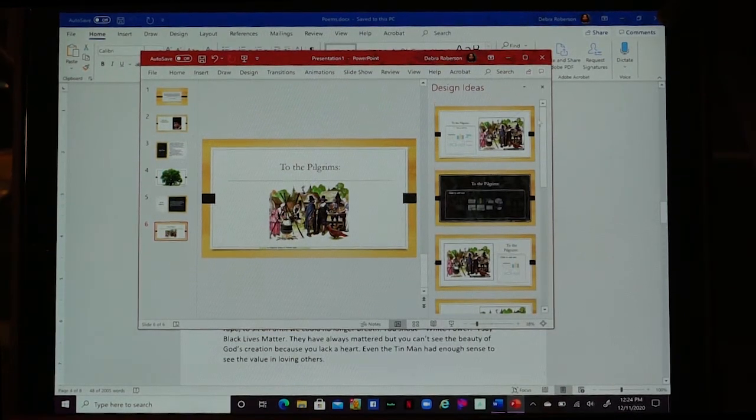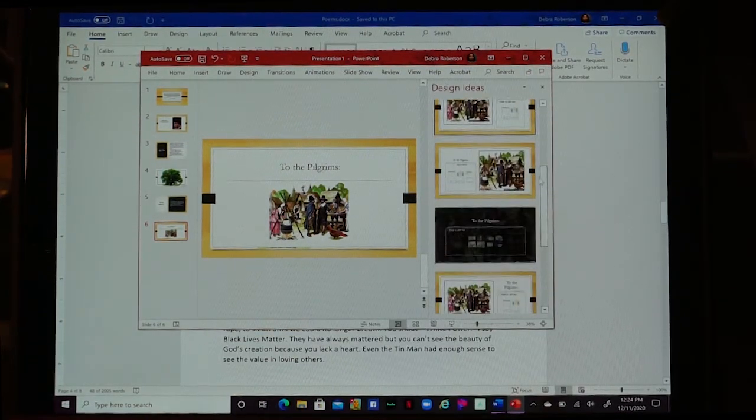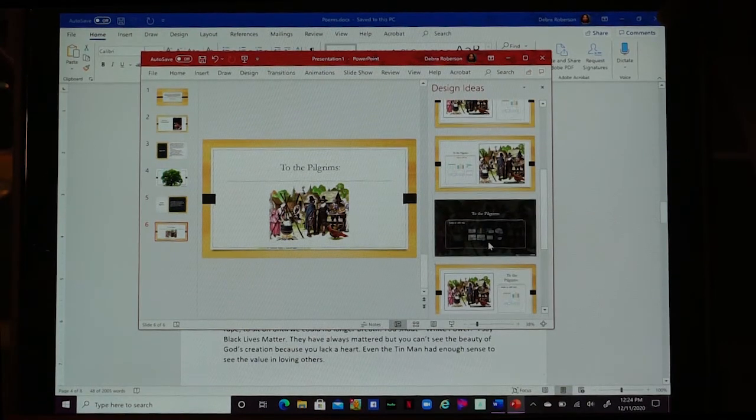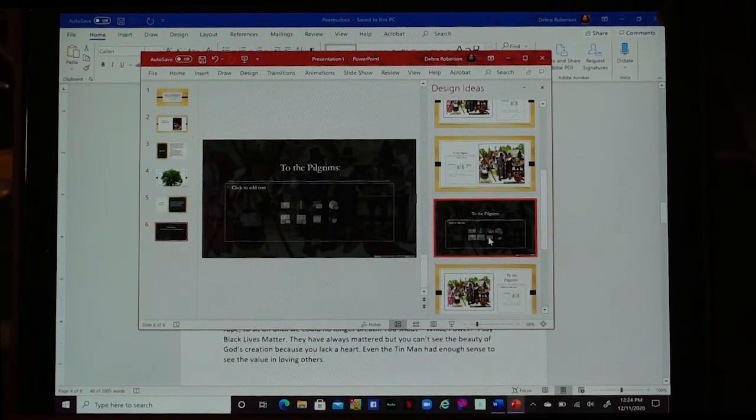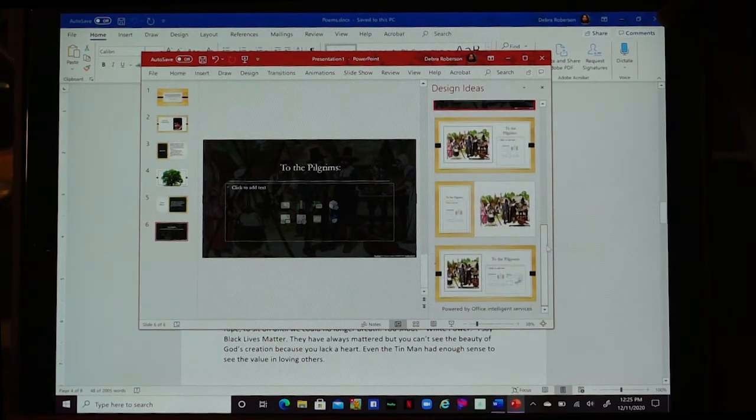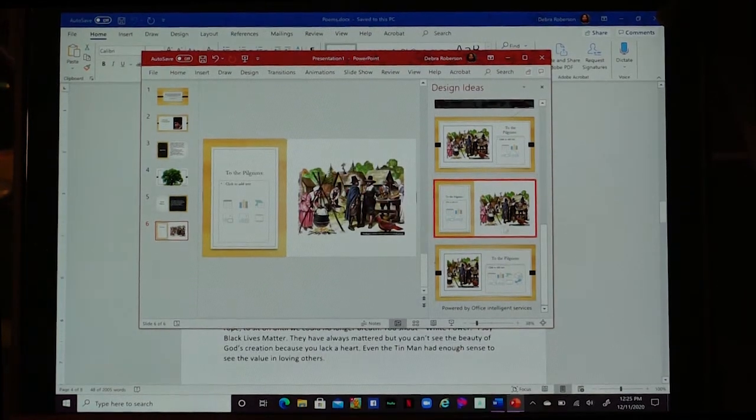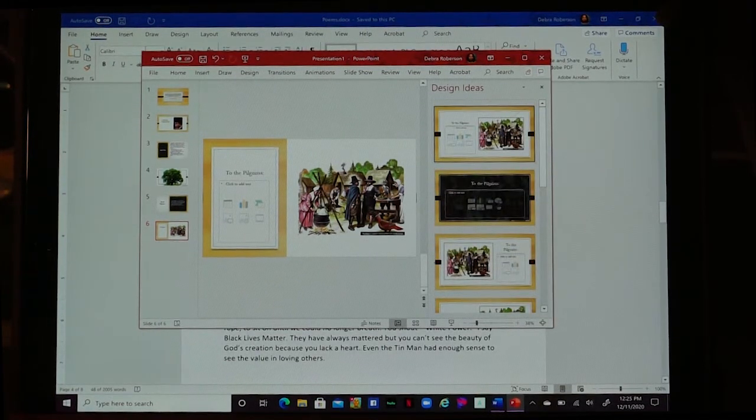Let's scroll down and take a look at this one. I don't really care for that one. Alright, that's a little better. Okay, now that we have a simple PowerPoint presentation, I should say,